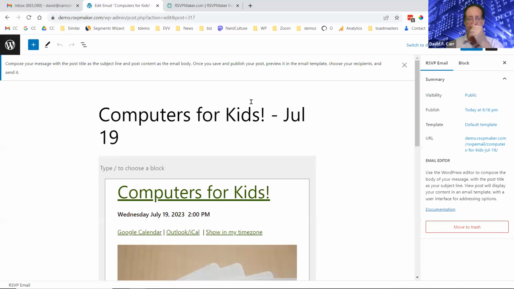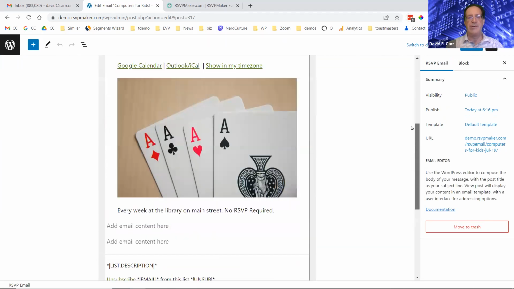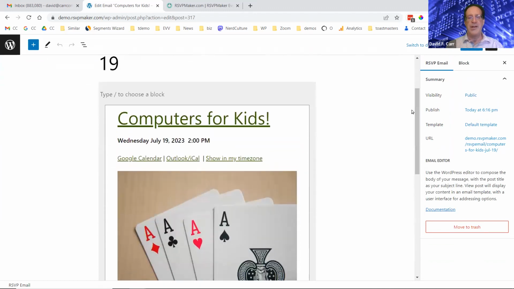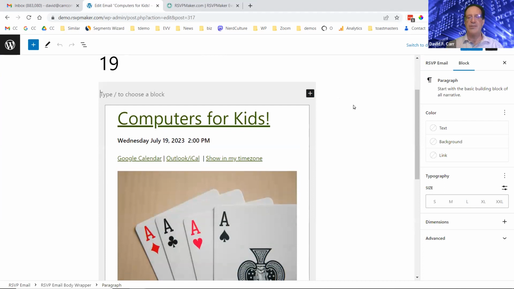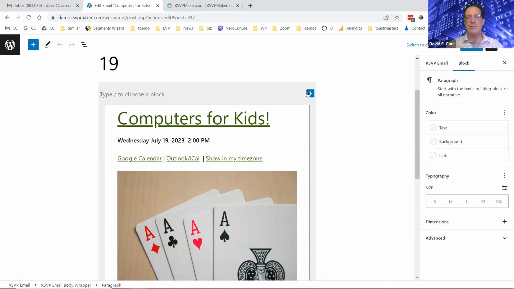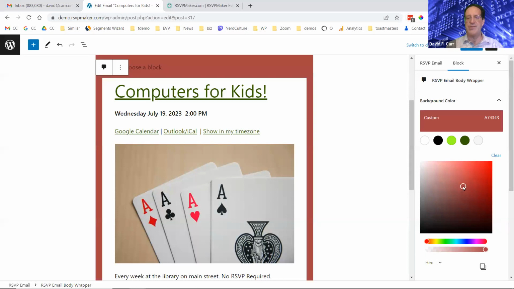And the same sort of thing works for a blog post where you can copy that content into the body of the post. And I get it in this little template here for email that has a little bit of a colored background just to kind of frame the content as it comes off. It makes it look a little bit more professional. But right now it's just a plain gray frame, or framing color. I could change that to be something else.